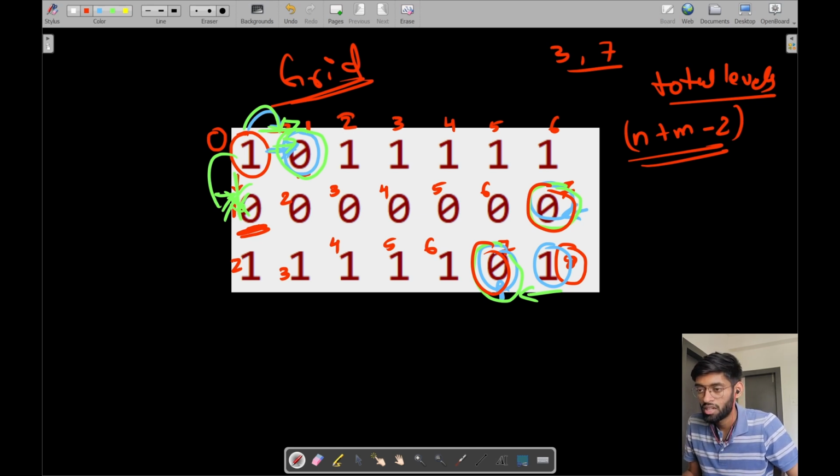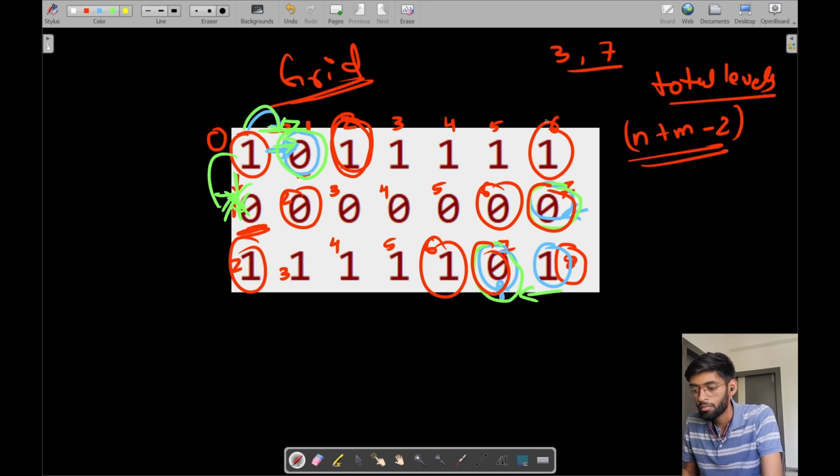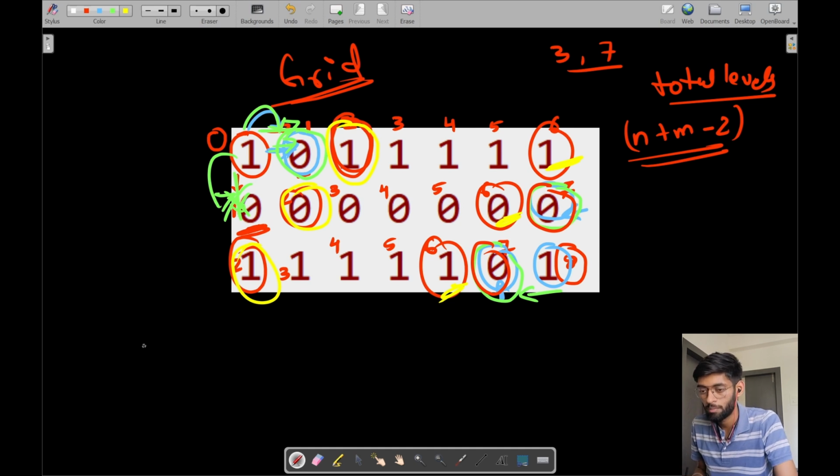Similarly, if we consider level 2, these are level 2. So if I consider this element only, all the elements present on level 2, which are this, this and this, all these elements should be equal to this element. But if we consider only one element, on level 2 also these are the elements present, so what should be done in the ideal case? Okay, let us make an array